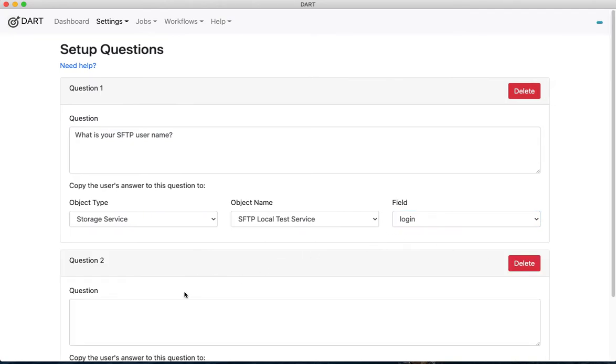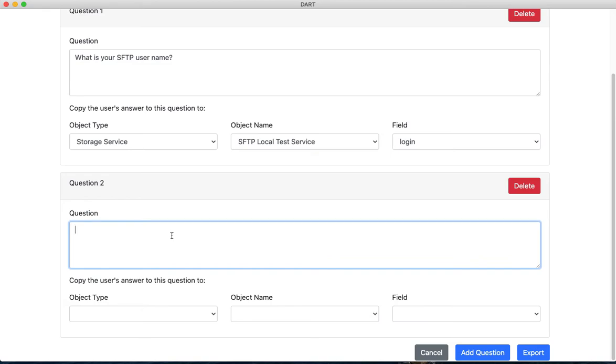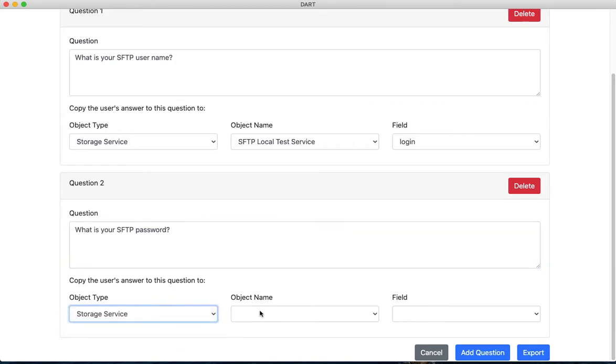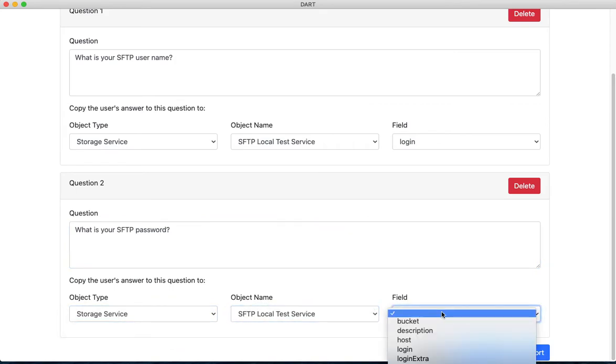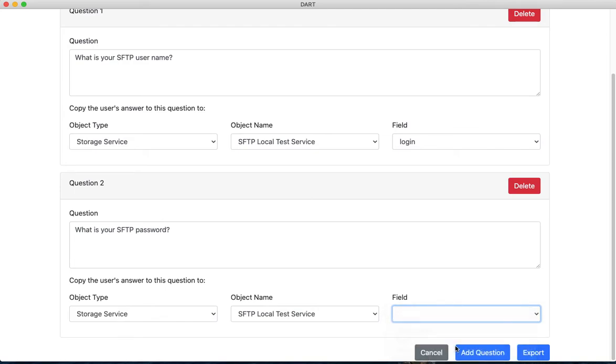And add another question. It says, what is your SFTP password? And whatever the user types in response to that will go in the password field.